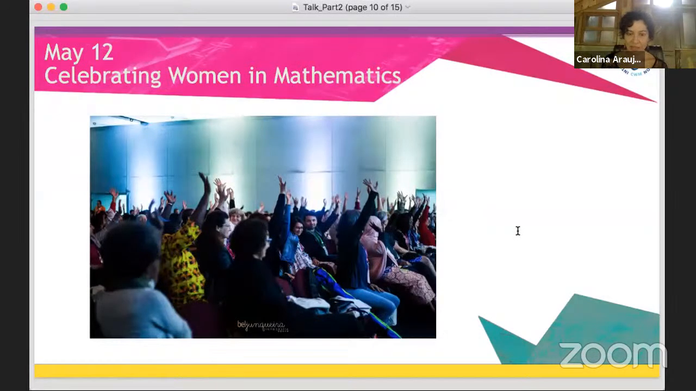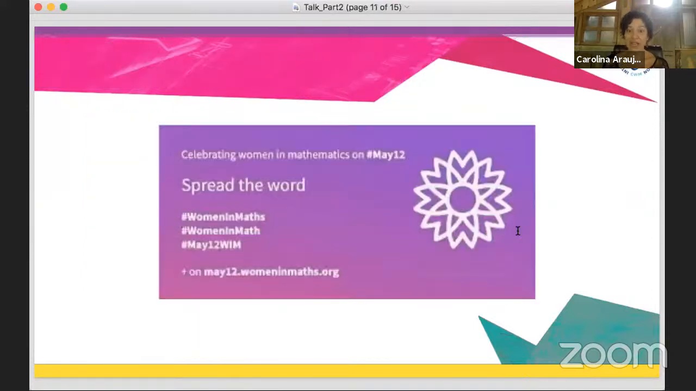So the representatives of the Women's Committee of the Iranian Mathematical Society made a proposition during the WM Square that we should celebrate May 12 as a celebration day for women in mathematics. So this was the picture of the vote. And so the initiative was approved,